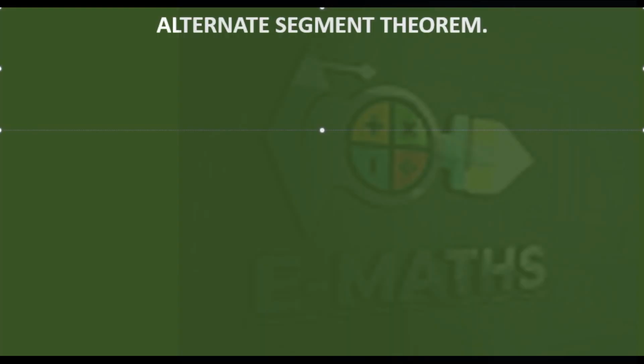We're on the alternate segment theorem. The theorem is used when you have a triangle inscribed in a circle such that one of the vertices has a tangent line to that circle passing through that vertex. So it states that